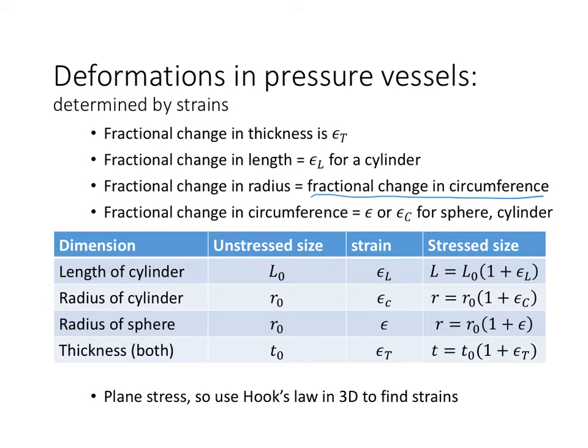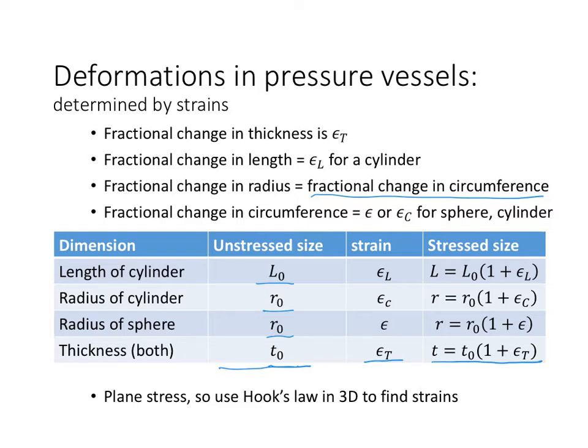So we can also refer to the unstressed size with a subscript naught. The length of the cylinder is L naught, the radius of a cylinder or a sphere is R naught, and the thickness is T naught. And then we have these strains that we just explained above, and that means that the stressed sizes, which we will call L, R, and T, are the initial sizes times 1 plus the strain,